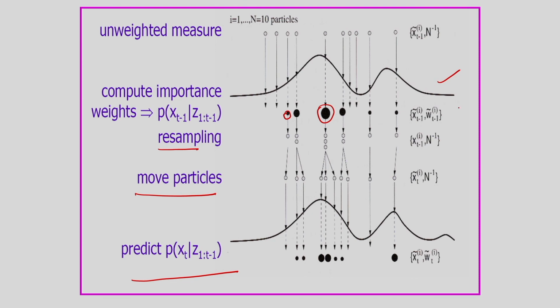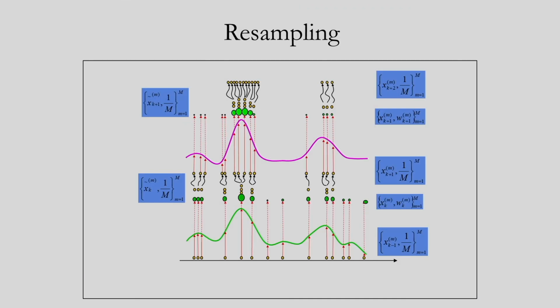So that means the PDF is approximated by random particles, and also we have to determine the importance weight, and after this we have to do the resampling, and after this we have to propagate the particles, that is, move the particles, and after this the prediction of x_t given the measurements z_1 to t-1. So based on this we have to do the prediction. And the concept of the resampling, because after some iterations some of the particles will have negligible weight, that we have to eliminate. So here I am showing the concept of the resampling.